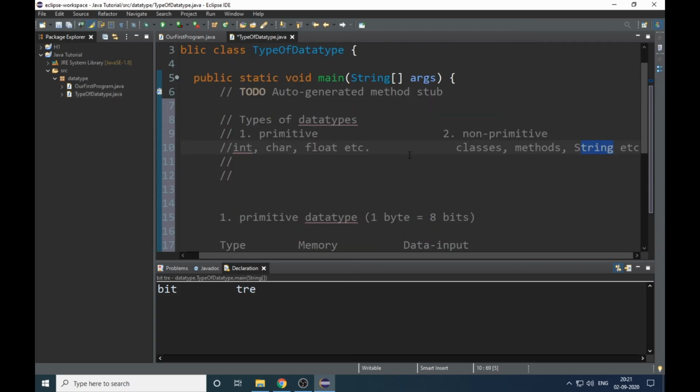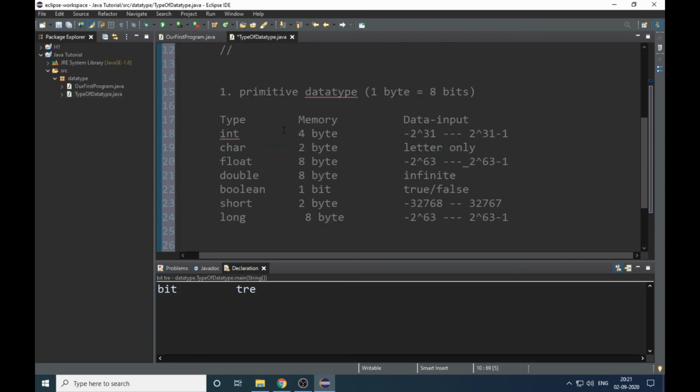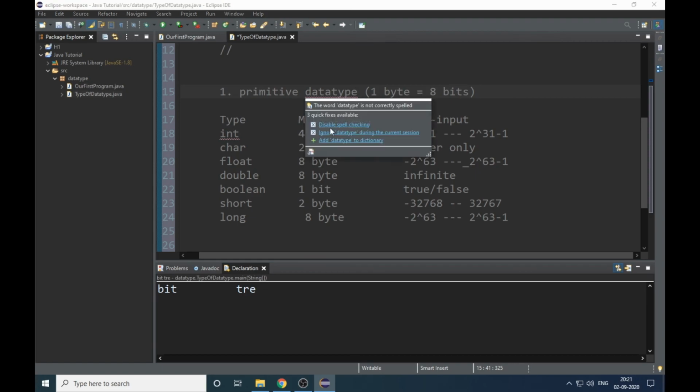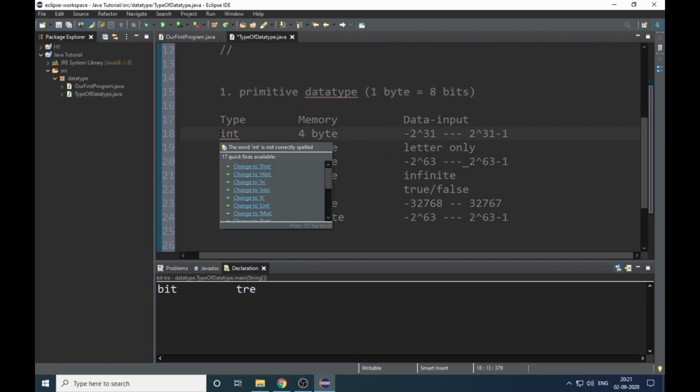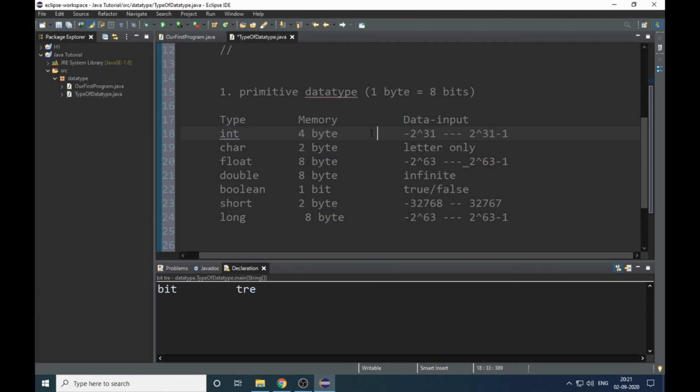We also learned how much memory they consist, that 1 byte consists of 8 bits, and how much memory int, char, float, double, boolean, short and long have.